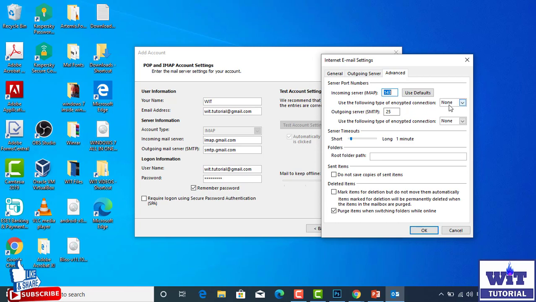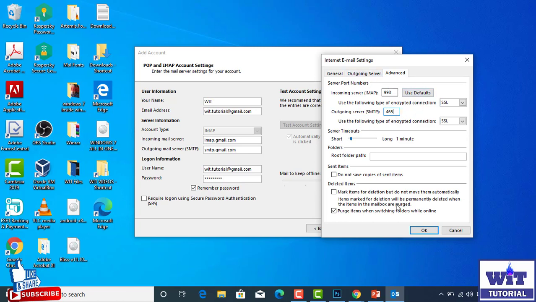Gmail needs an SSL connection, so select SSL, and the port number changes automatically to 993. Then for the outgoing server SMTP also select SSL. The port number is still 25, but the SSL port number for Gmail is 465, so you have to enter 465.